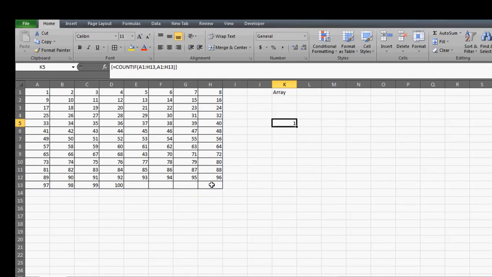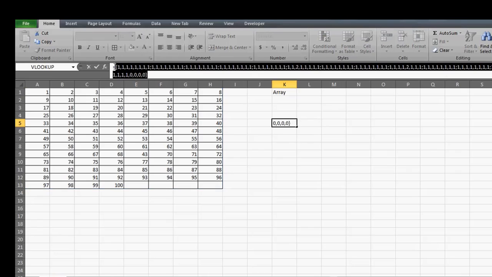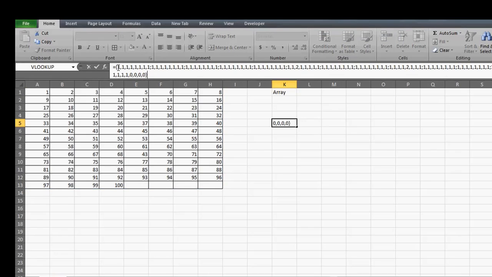If I press Ctrl Shift Enter, as you can see, that's just one number, but this is not actually one number. If I come over here and press F9, I'll get all the output. As you can see, the count of this 1, 2, 3, 4, 5 is telling me that it is 1, but I'm getting 2 somewhere, which means the number at this position must be repeating again. So maybe we can check 17, 18, 19, up to 33, 36. Maybe some number is repeated here. I'm not sure which number, but you can check from here.